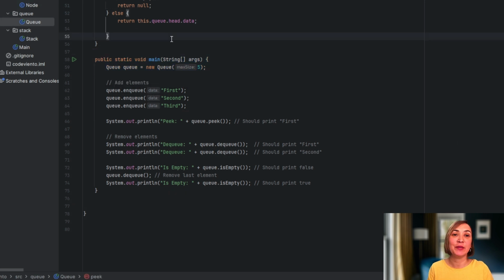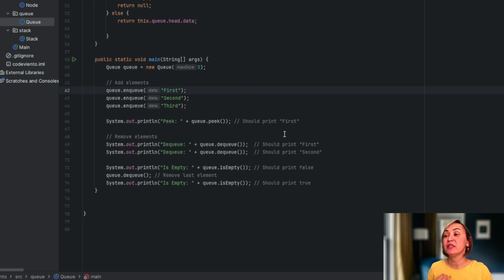Okay, here is the main class, and we will create a queue with a maximum size, and we will add three elements, first, second, and third, to our queue. When we peek at the first element without removing it, it should be first.